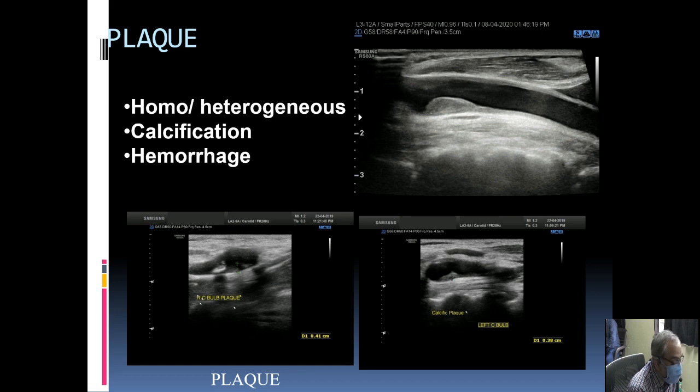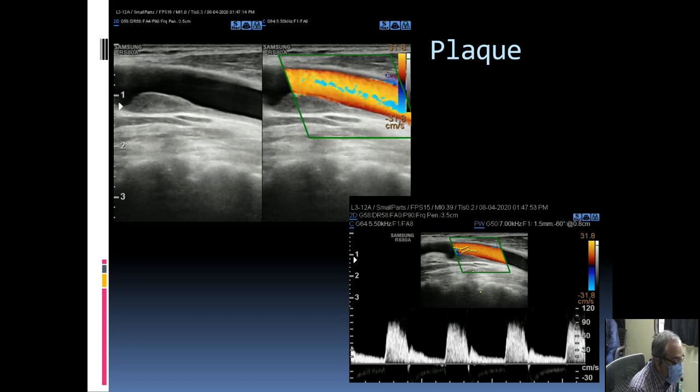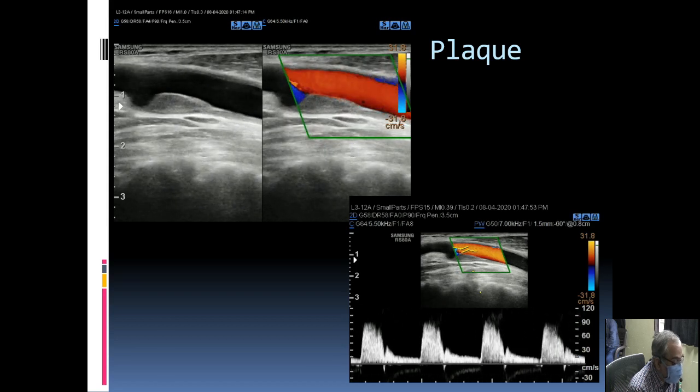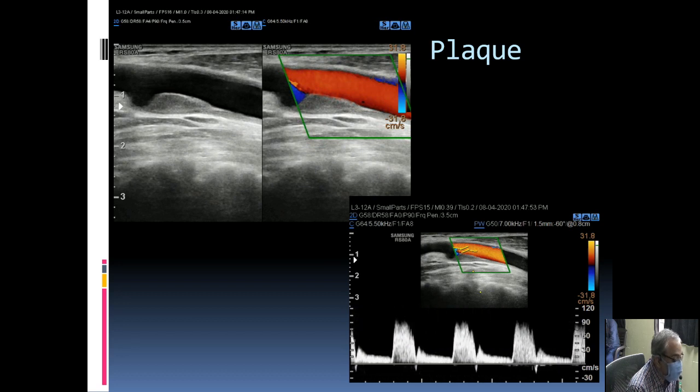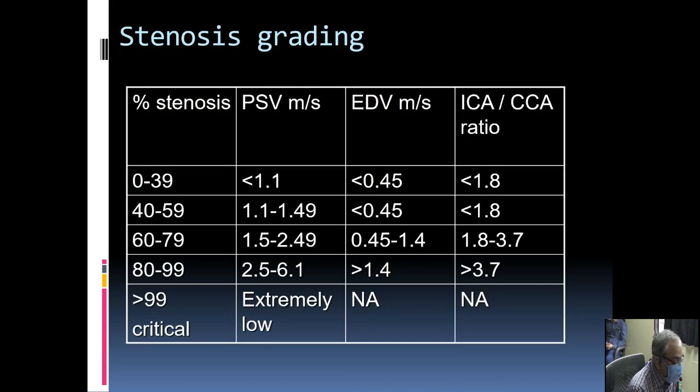So you should see them in a, so this is the flow going across the plaque, and the sample done here shows normal velocity. That means that plaque is not causing a significant occlusion of the lumen. We know this chart. In carotid arteries, a peak systolic velocity of more than 1.1 and an end diastolic velocity of more than 45 centimeters per second are considered abnormal, and grading is done as per the velocity range available.